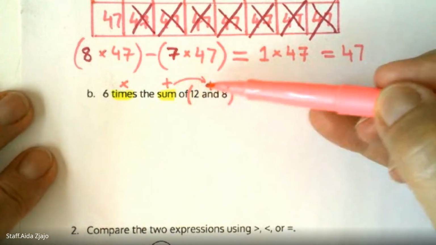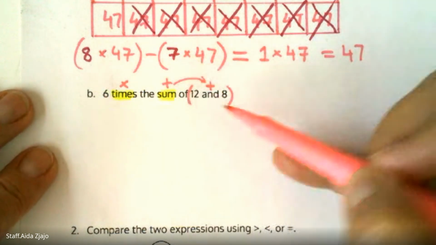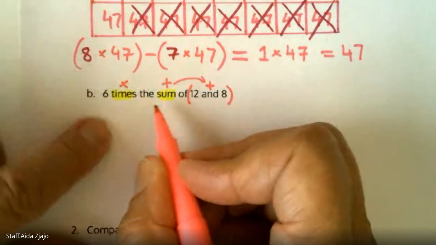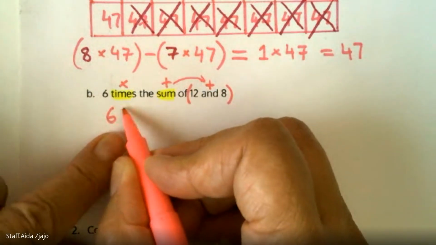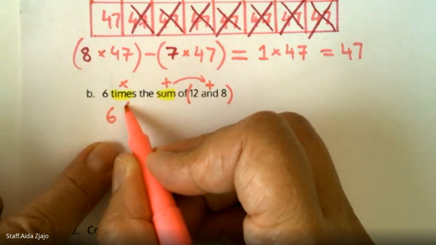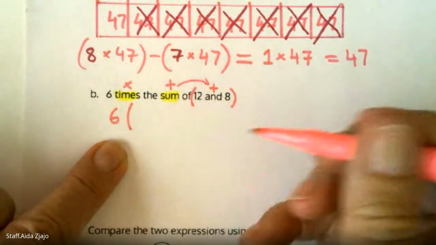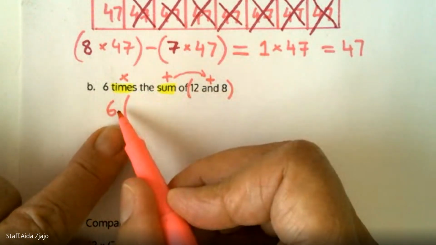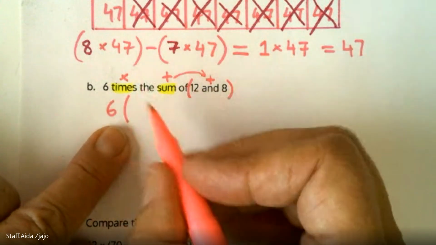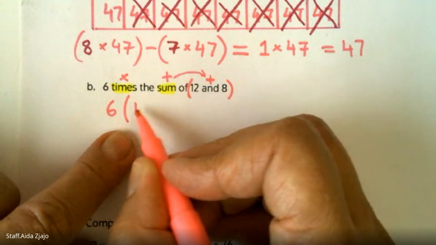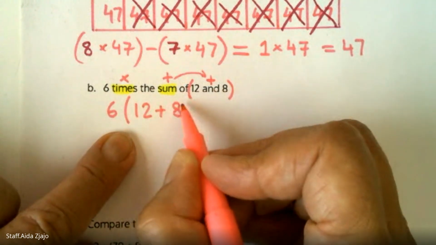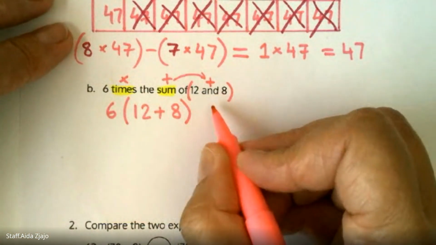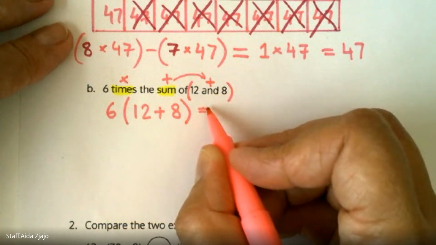So the sum of 12 and 8, but 6 times that. So when you put all this together, you can say, okay, 6 times. In 5th grade you don't need to put the times here, but I know it's invisible multiplication. So 6 times 12 plus 8,